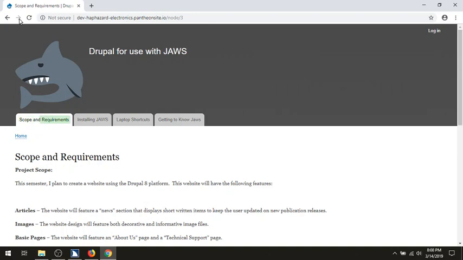Visited link scope and requirements. Link installing JAWS. Link laptop shortcuts. Link getting to know JAWS. List end main navigation region end breadcrumb navigation region heading level 2 breadcrumb list of 1 items. Link home list end breadcrumb navigation region end main region heading level 1 scope and requirements article project scope: this semester I plan to create a website using the Drupal 8 platform. This website will have the following features: